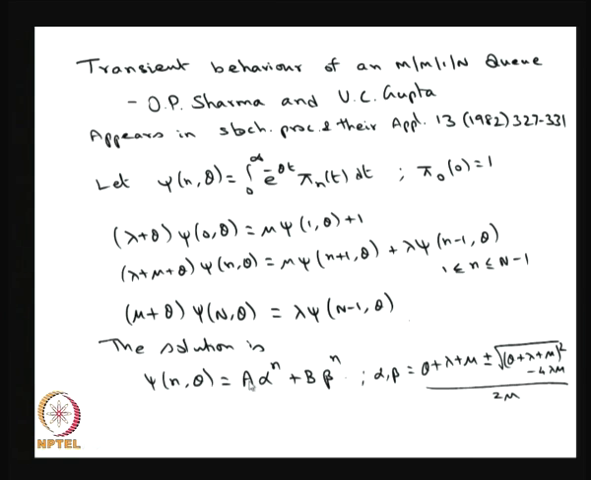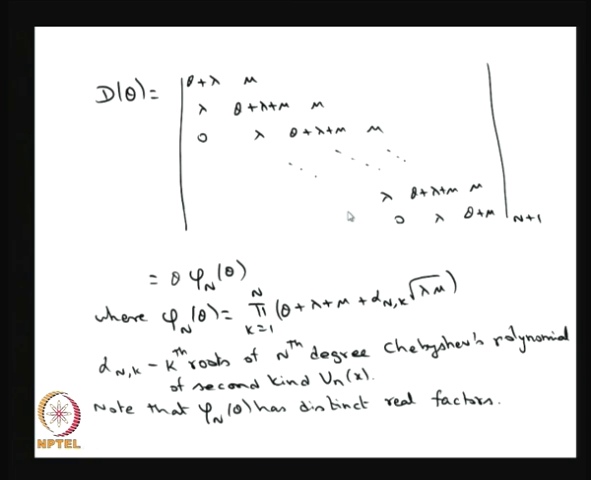If you find the constants A and B, you can get the Laplace transform of pi n of t. Then you take the inverse Laplace transform and you get pi n of t. So, for that you need the determinant of a